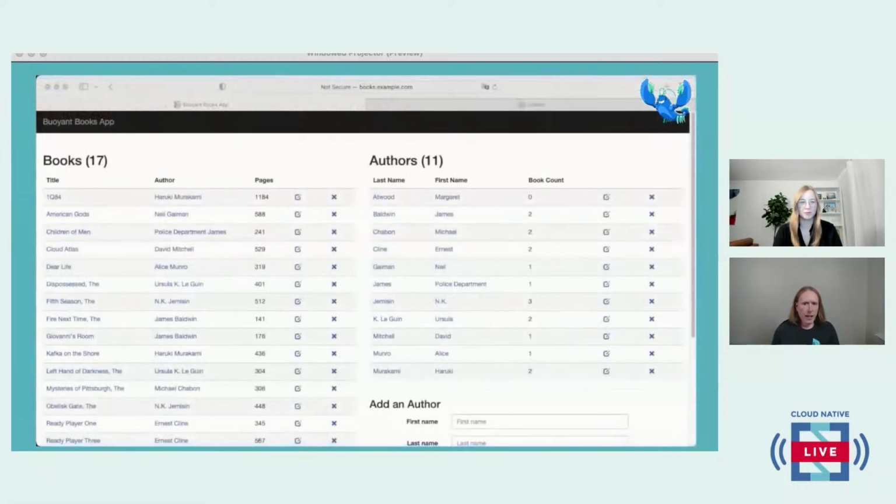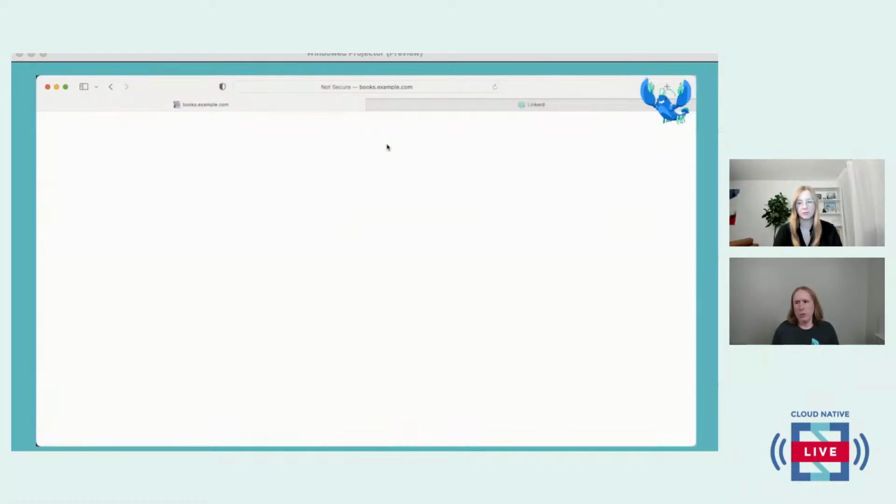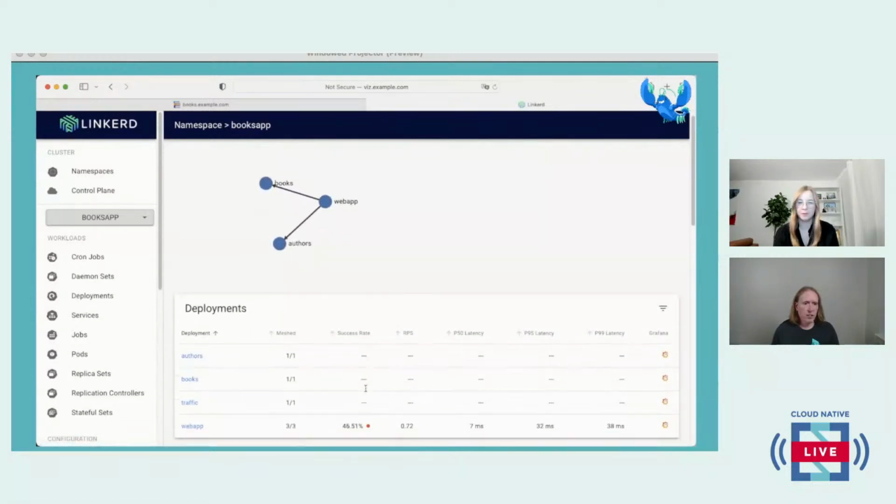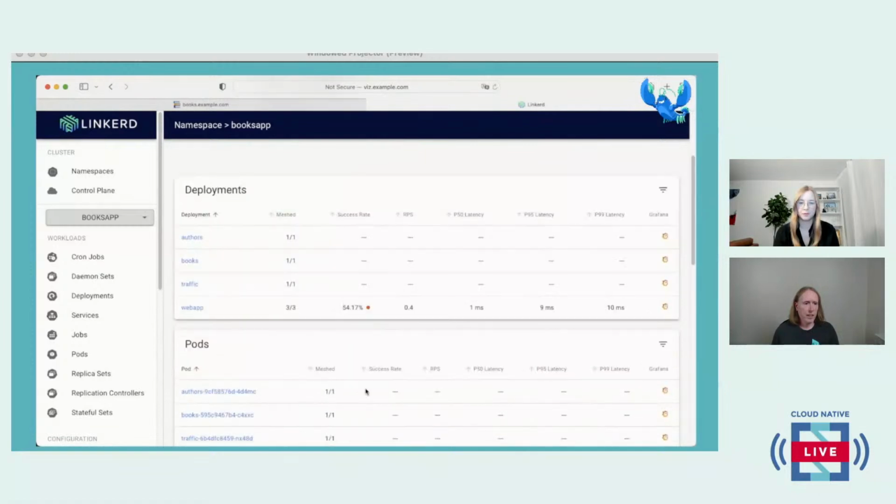All right. At this point, things should not work. And if we reload the Books app, we see it does not work. I'm not going to bother going into the JavaScript console to see, but it will be a permission error. You can also see that Linkerd Viz now is no longer showing us the success rate for these things. That's because Linkerd Viz itself doesn't get to talk to anything right now.